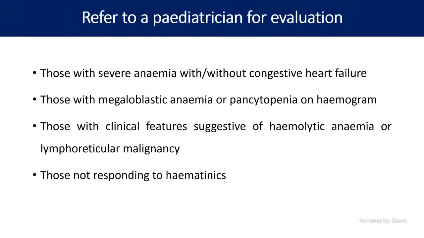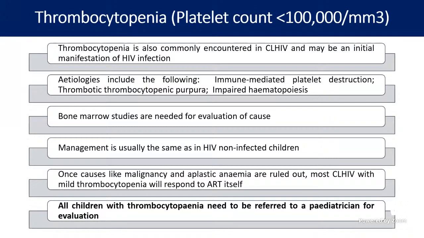Okay, so when the child is seen to have severe anemia, or the child is in failure, and megaloblastic anemia is there, the child is having bleeding, the child has pancytopenia, you think that it can be malignancy, and the child is not responding to your iron therapy, which you have started at 3 to 6 mg per kg and given on an empty stomach in between the meals. If you are doing all these things and the child's hemoglobin is still not improving, then you are definitely going to refer this child to a higher center. Okay, till here anemia is okay.